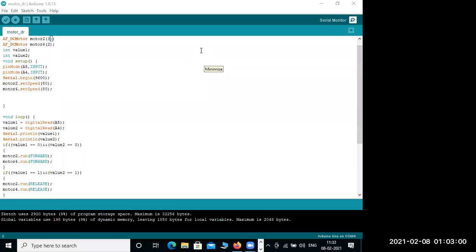So what will we get? We will get 0 for white and 1 for black. So suppose it's a line, and I just use the black color. Suppose it is a black line. This is a complete black line. And you have a robot here. So this is our robot.